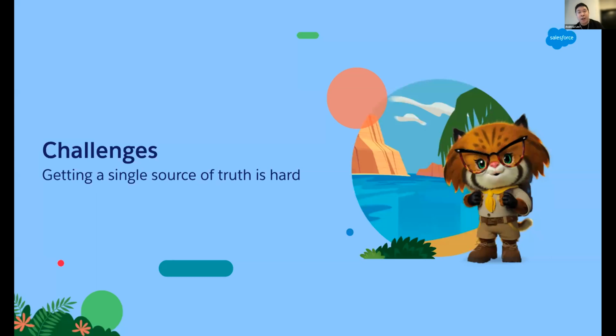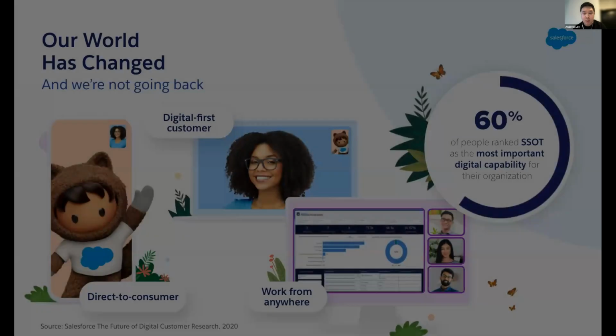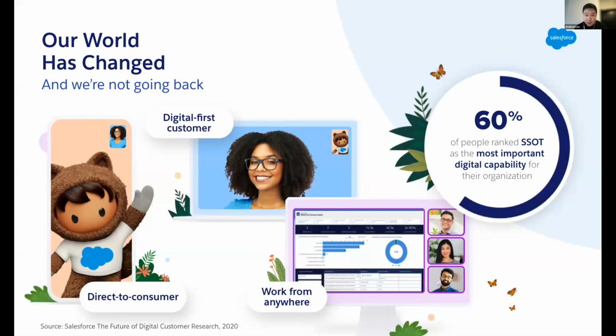Let's go ahead and get started with some of the challenges that we're seeing in the industry related to acquiring a single source of truth for customer data. I think we can all agree that our world is changing very quickly, and in the last couple of years, many customers and companies have shifted to position themselves as digital first. And why is this happening? Consumers are engaging with brands on many different channels in real time, moving very quickly from a website to a mobile app to maybe an email, and then calling up a call center. And they want to be able to interact with brands how they want and on their own terms.